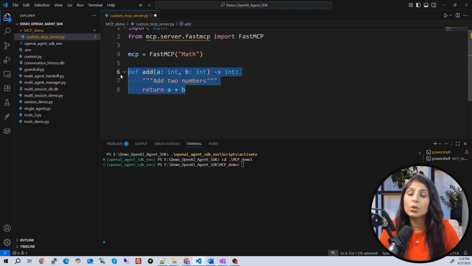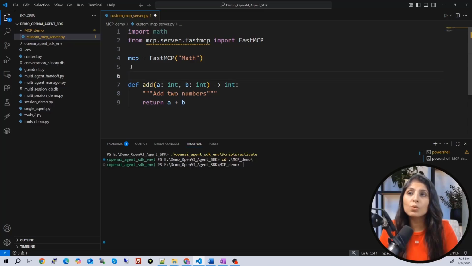So right now this is a Python function. Right now it is not a tool, it is a Python function. To register this Python function as a tool inside this MCP server, you need to use one decorator over here, which is @mcp.tool. By writing this decorator on top of a Python function, you can register your Python function as a tool. Now this math MCP server has one tool, and the name of that tool is add, and this add tool can perform addition on two numbers. In the same way we are going to put some more tools over here.